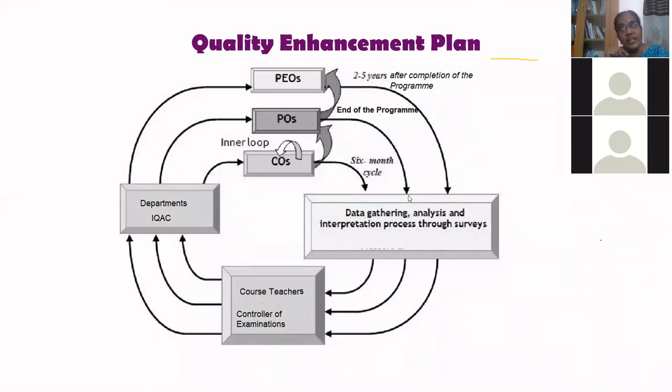So on a continuous basis from the very beginning itself, for each course, the attainment should be monitored by a committee or by IPAC so that the process of improvement is there. So the suggestions given by the IPAC on a 6-month basis is very, very important for the attainment of POs. After completing 3 years of the program, the students cannot improve. So you have to suggest possible improvements in the intermediate semester itself.